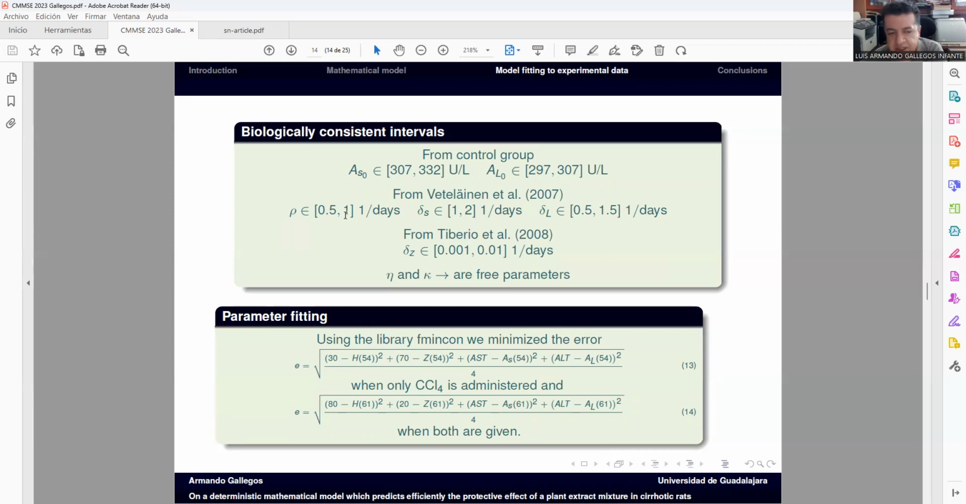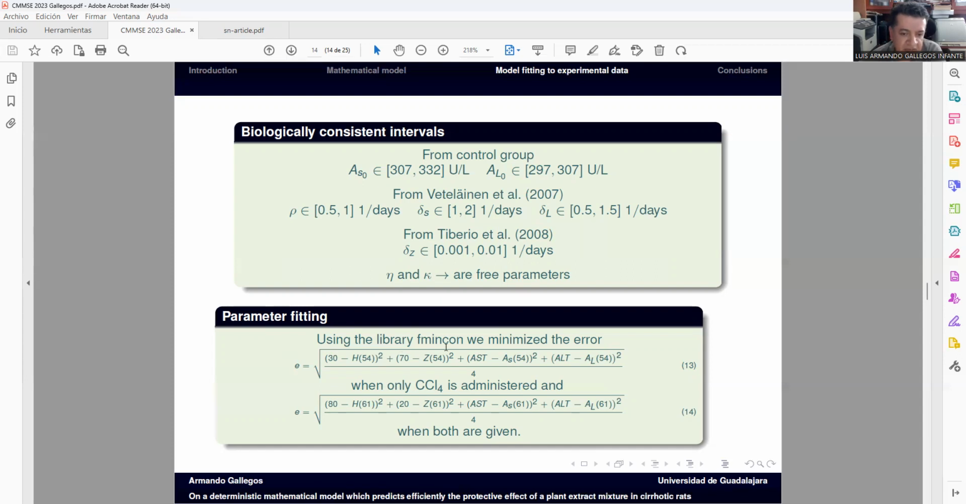The values of the growth rate and the stabilization parameters from the proteins were taken from this reference. Finally, the rate of death of damaged hepatocytes was taken from this reference, and we only have two parameters to be fixed. So the parameter fitting was